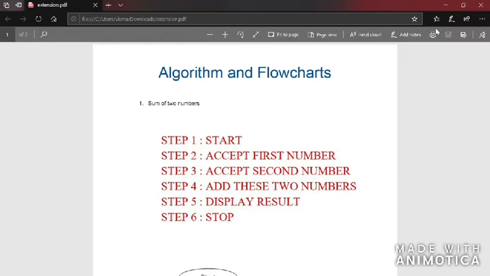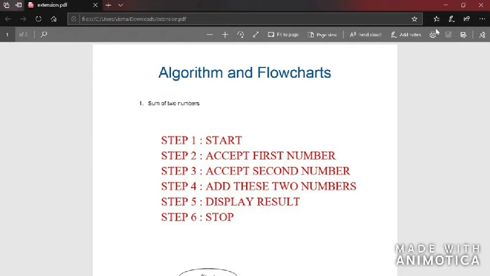If you are asked to find the sum of two numbers, what would you do? The first step would be to get the two numbers. Let them be two numbers A and B. First you'll get the two numbers, then in your mind you'll find the sum A plus B. After getting the answer, you'll just write it down on paper, or do what you want to do with the sum.